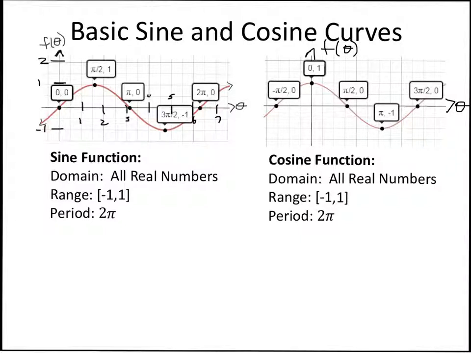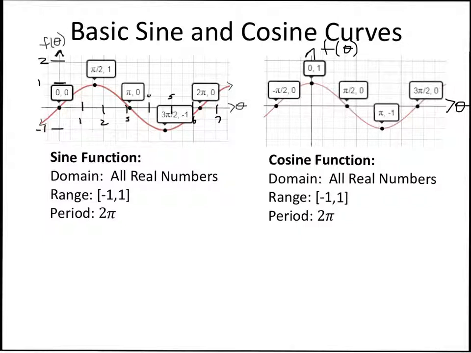Okay. Now, my domain for cosine is also all real numbers. My range is also -1 to +1. My period is also 2 pi. But the important numbers, the 5 important numbers that we see here on cosine, the beginning of cosine is actually at 1, okay, 0, 1, and then we cross the x-axis at intervals of pi over 2, right? So we'll cross the x-axis at pi over 2 and then at 3 pi over 2,